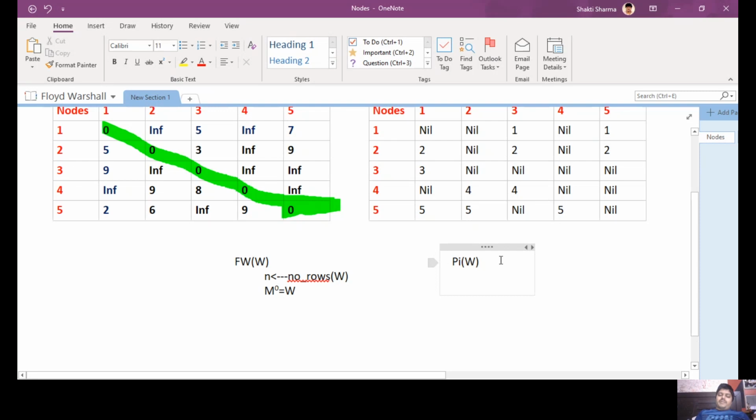Now in the pi matrix there is a simple computation that I can go for: for i is equal to 1 to n, and for j is equal to 1 to n,